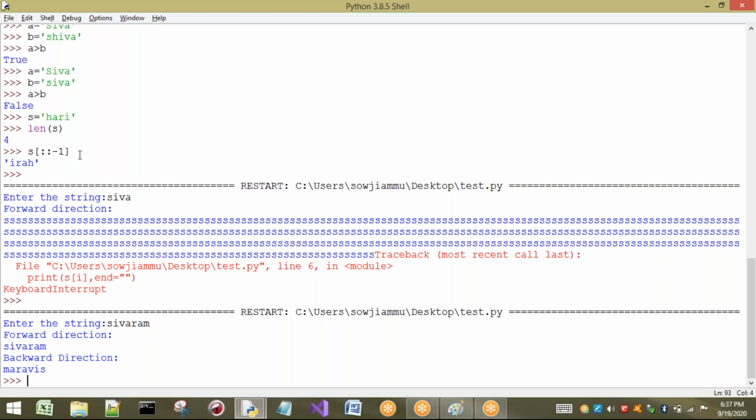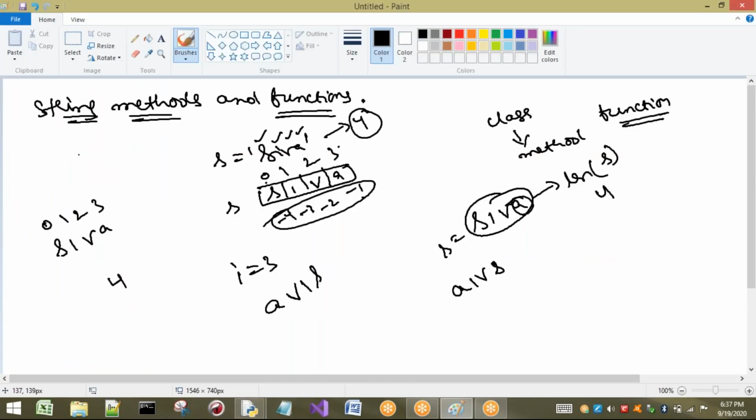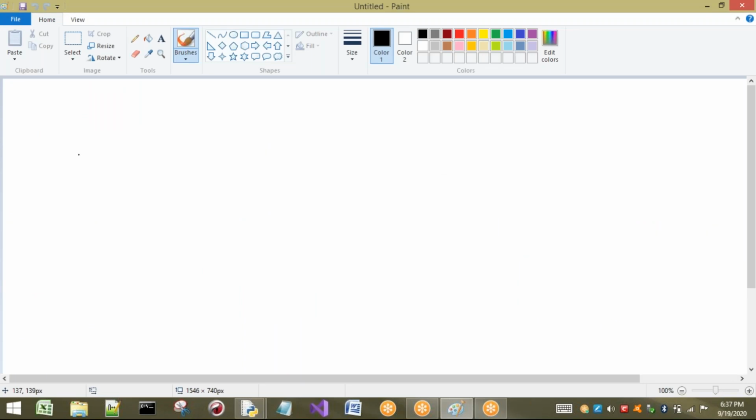Okay. Now I want to show you some more methods, that is about strip. Strip methods are there. Three are there. First one is lstrip, rstrip, and also one is strip directly. These three are the methods. So I will tell you why these methods are going to be used. Let us, I will write a small syntax about this one. First I will tell you about lstrip.